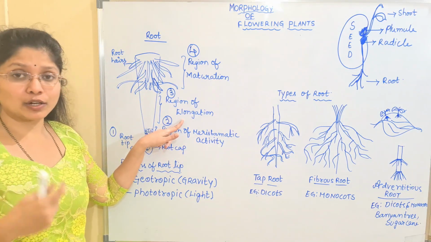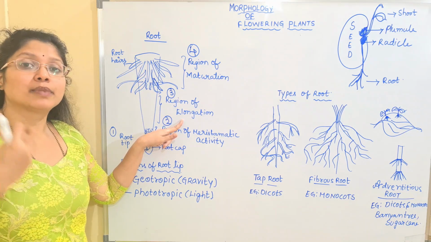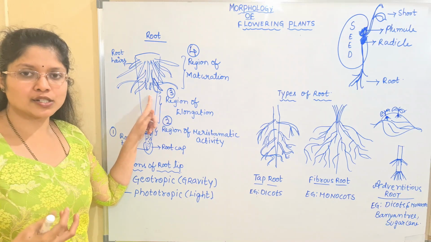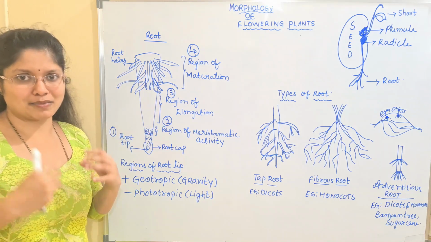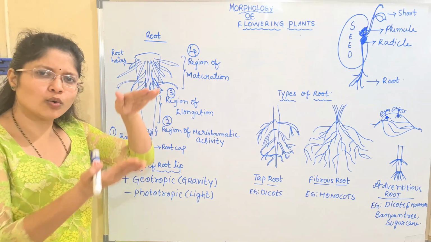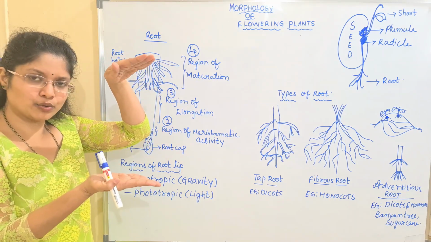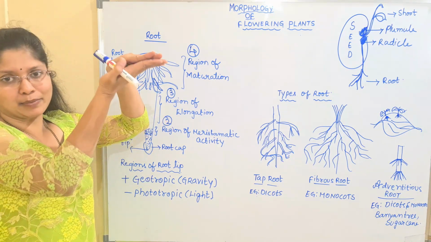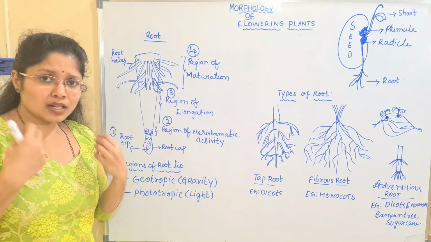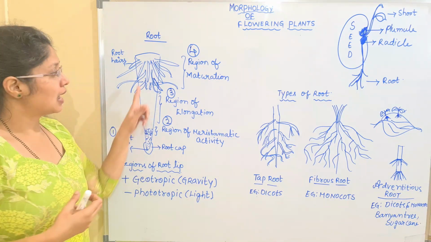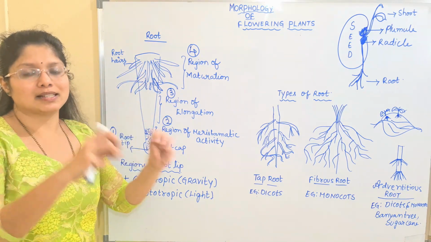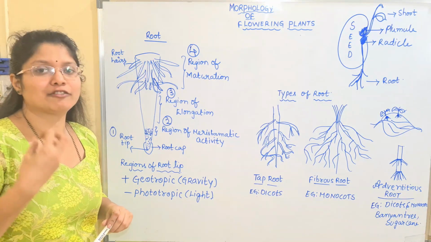After that we have the region of elongation. All the cells which are produced and divided continuously are shifted to the region of elongation, where the cell size is maximized. After elongation, these are shifted to the region of maturation. Slowly the pushing is done. The cells are produced, cells are elongated, cells are matured. Slowly the cells are shifted based upon the requirement of the plant, and at this region the cells will be matured and they are given certain destinations, or you can say functions.